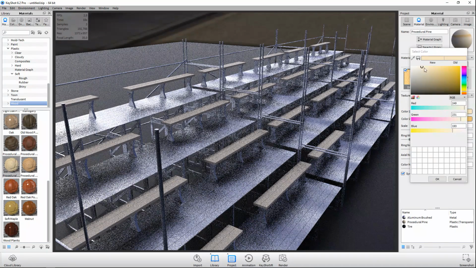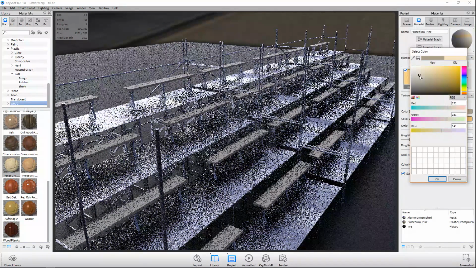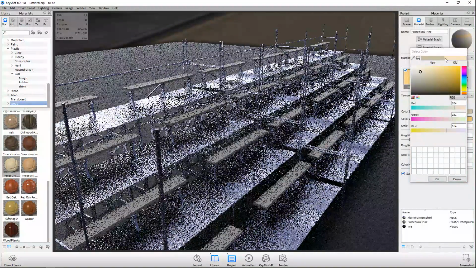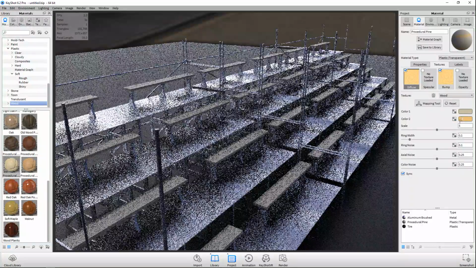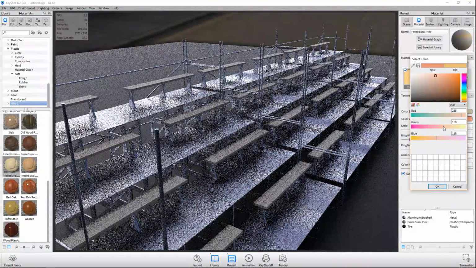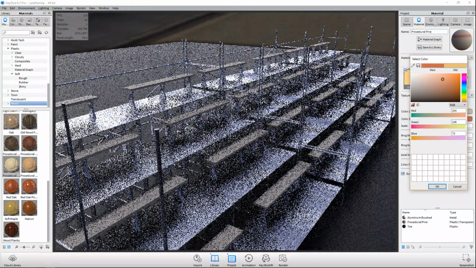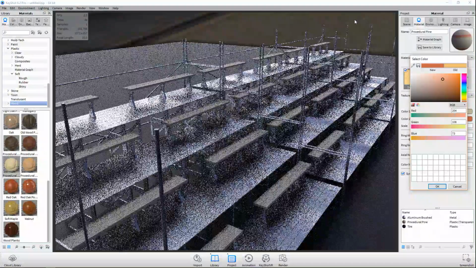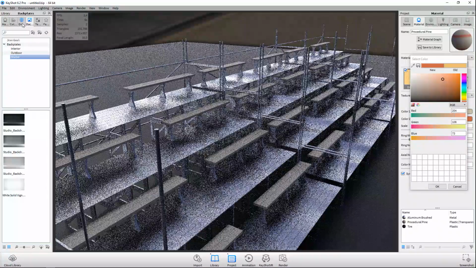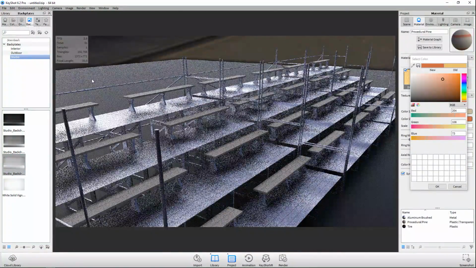Let's see, we'll kind of bring that down a bit, make it a bit darker, not too much. That's good. And then we'll take this and let's push that a little bit towards orange. Yeah, that's kind of cool. So that's okay.